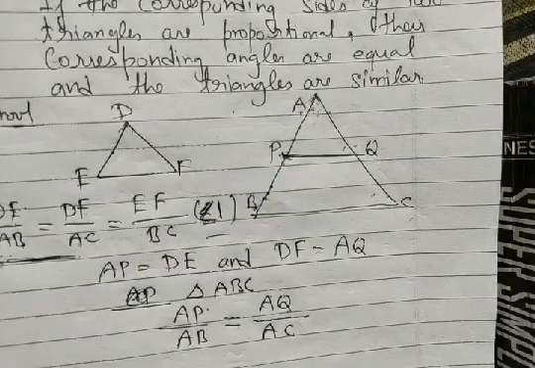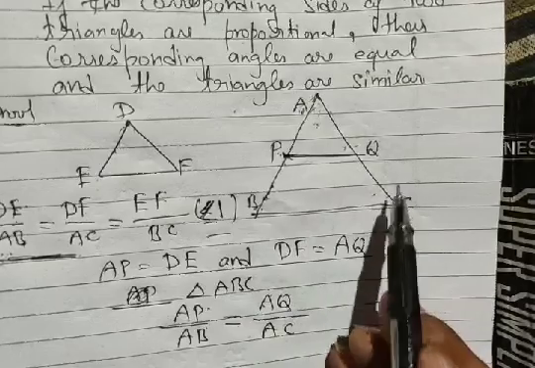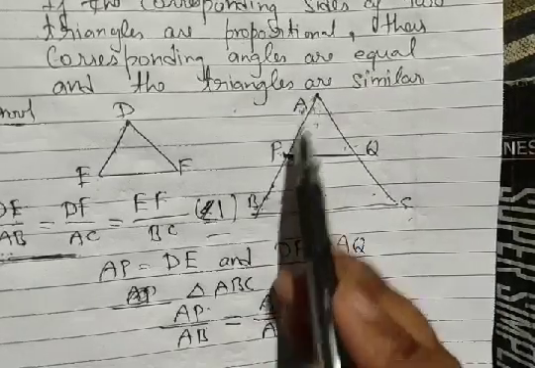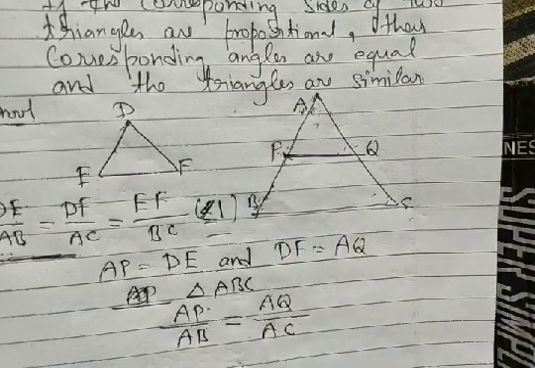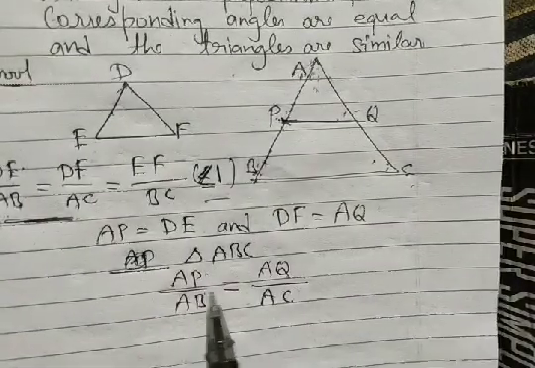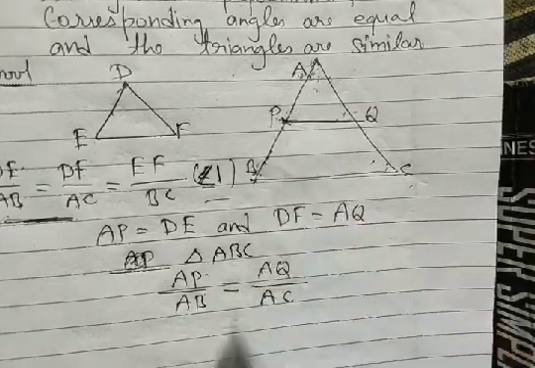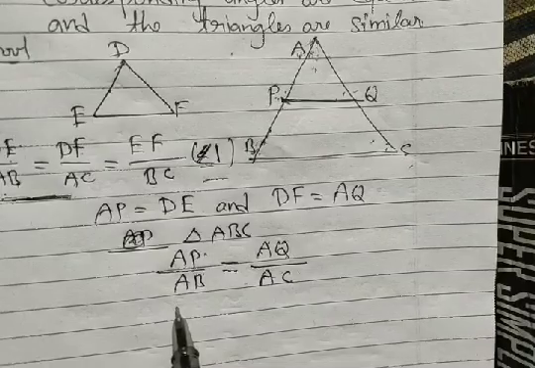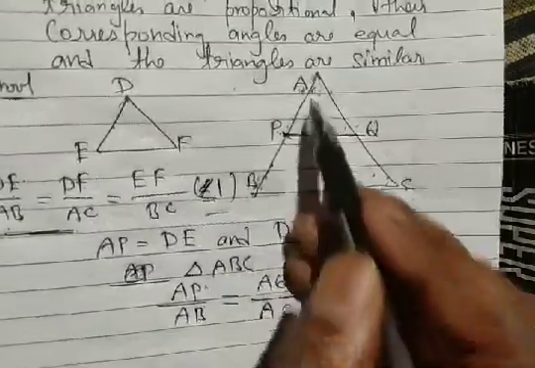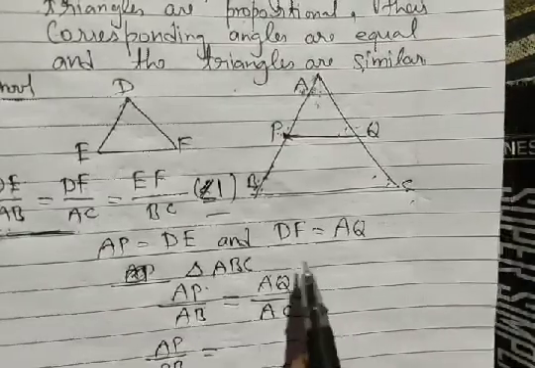Then we are again using one of the corollaries: if AP is to AB is equal to AQ is to AC, then we can also write them by using basic proportion, AP is to PB equal to AQ is to QC. We are just reversing this ratio and using -1 on both sides. Then we get the same corollary result there. Now we can write down AP is to PB is equal to